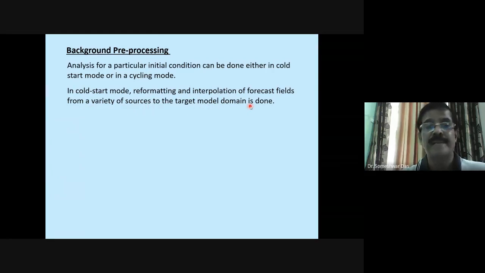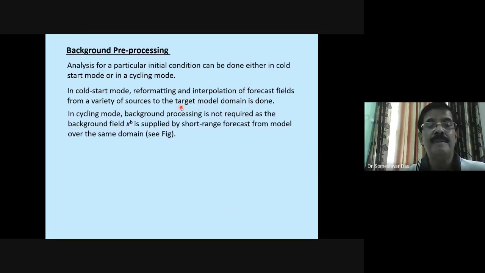Because you don't have the previous forecast, you just try to interpolate either the observation or the forecast fields from the nearby points to your grid point. That is the cold start mode.